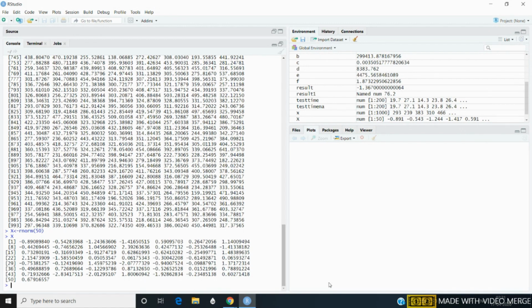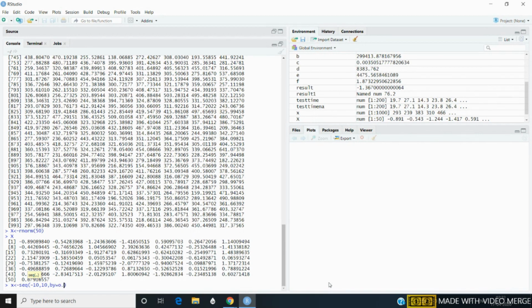So this is about the random number generation function. The next function is dnorm, the probability density function, which provides the probability distribution of each value of the data set. So let's first create the data set. I initialize a variable, small x, and create a sequence from -10 to +10, and each time the sequence is incremented by 0.1.